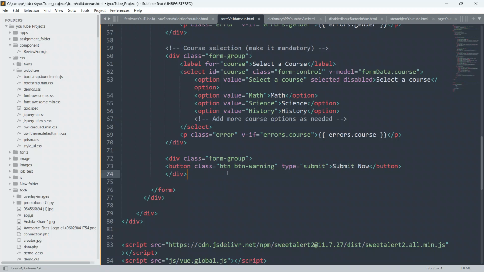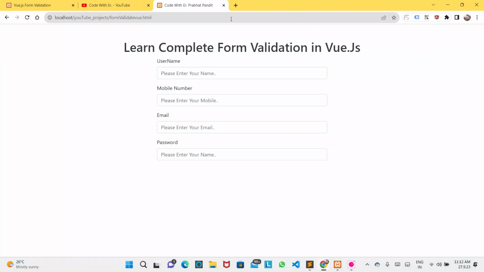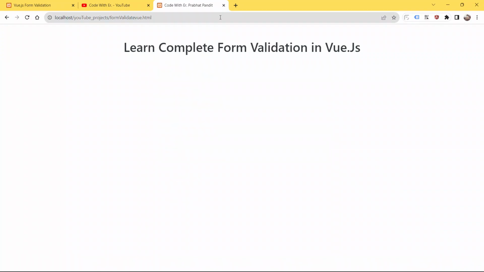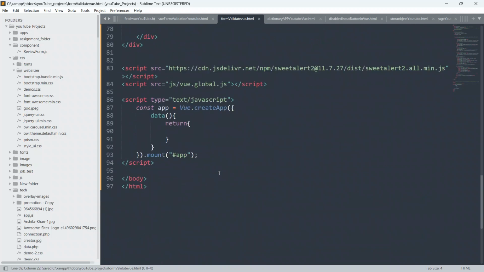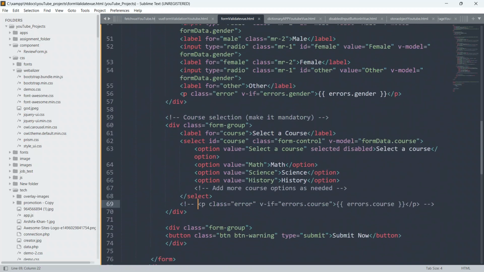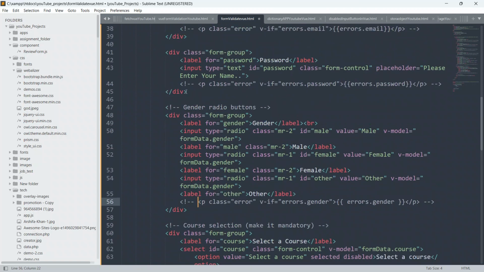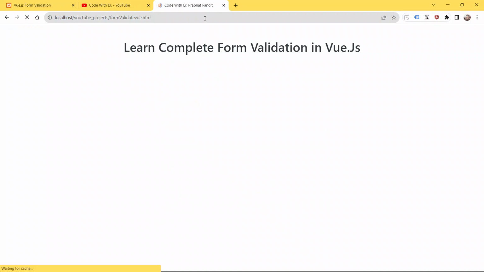Okay, so guys, now save your code, go to the browser and refresh your page. As of now we are not able to see anything because we have enabled view.js here. So just comment this, because I have not written any view.js code as of now. Just comment this p also, and now save your code, go to the browser and refresh your page.